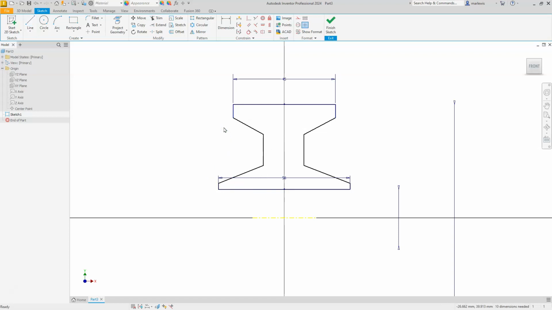Alright, so I'm going to start locking some things to make it go a lot smoother, or easier in this case. I'm going to choose my horizontal constraint. I'll choose that center point and that one. And I'm just going to keep following this around. So I'm selecting the two endpoints that I want to be horizontal to each other. Alright, so that's going to help me out and make things a lot easier when I start putting the rest